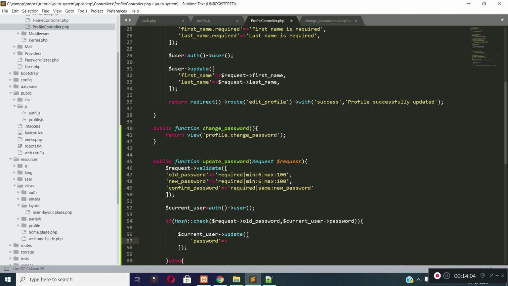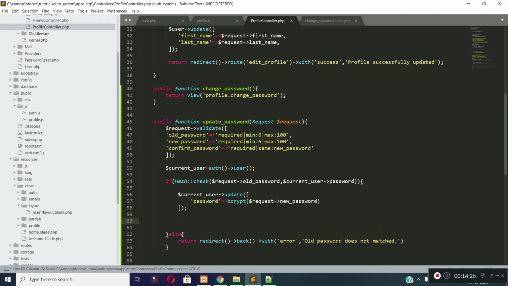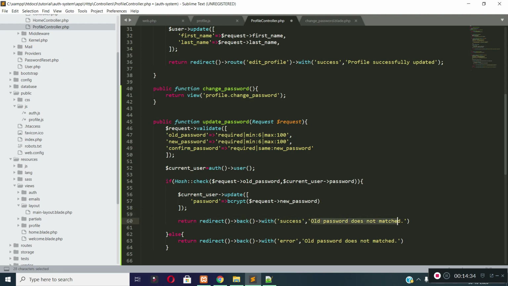We need to encrypt the password, so I will encrypt the user password by the bcrypt helper in Laravel. And what will be the user's new password? It will be request new password, which the user is providing. And after updating the user's password, I will redirect the user back to the change password page with a success message: password successfully updated.